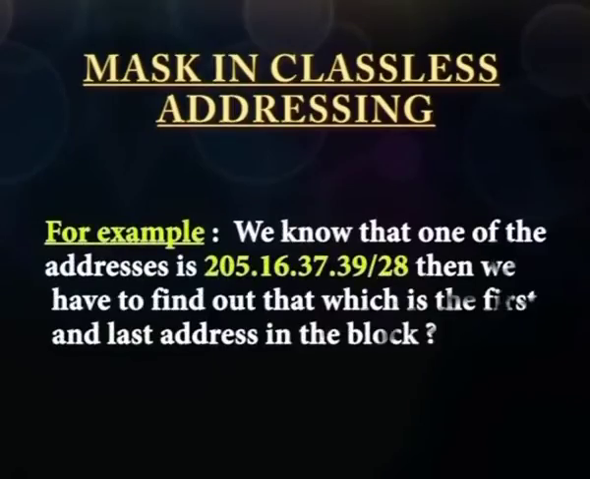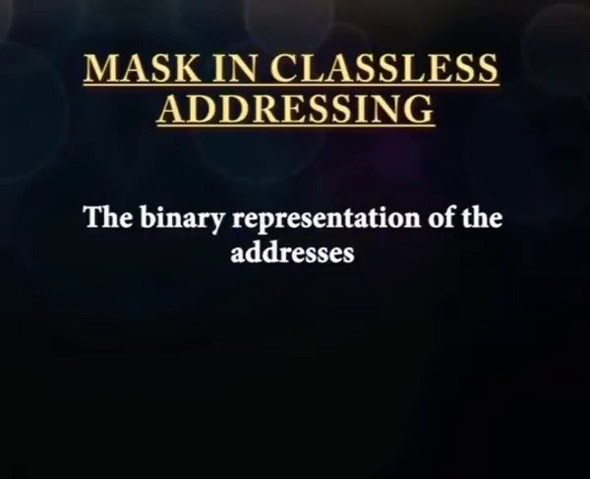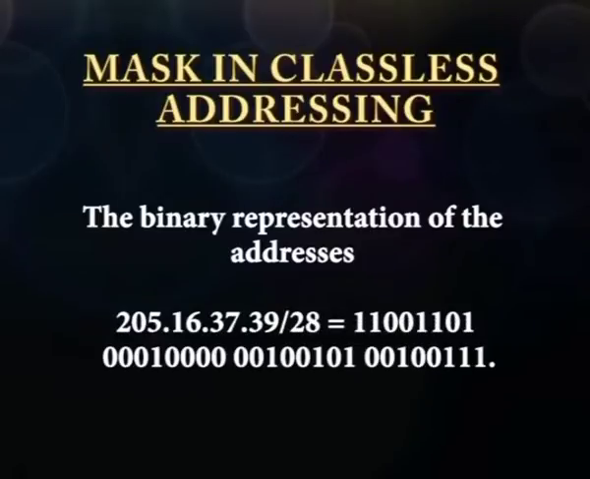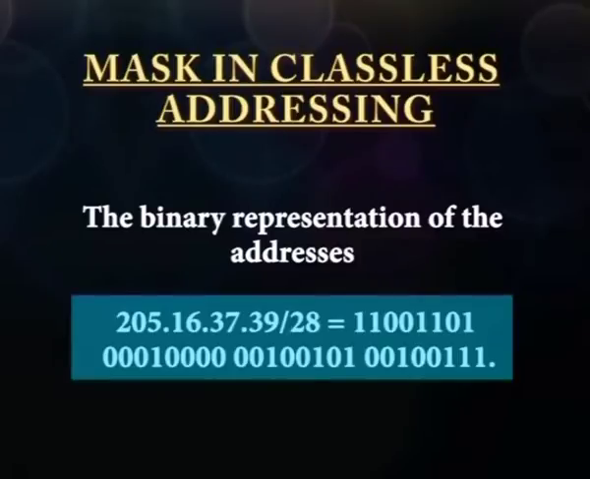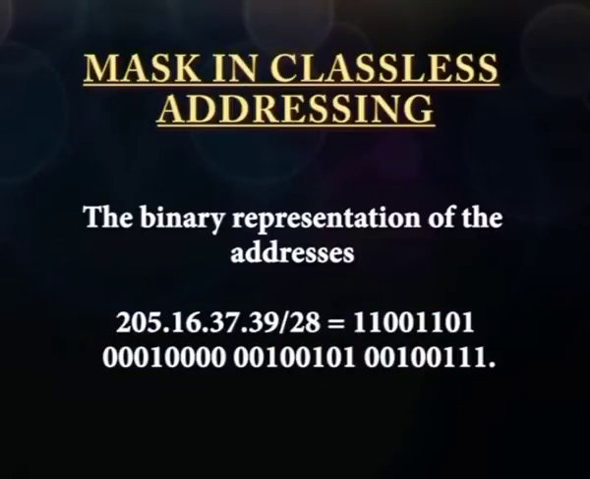Last address. The last address in the block can be found by setting the rightmost 32 minus n bits to ones. For example, a block of addresses is granted to a small organization. We know that one of the addresses is 205.16.37.39/28, and we have to find out which is the first and last address in the block. The binary representation of the address 205.16.37.39/28 is